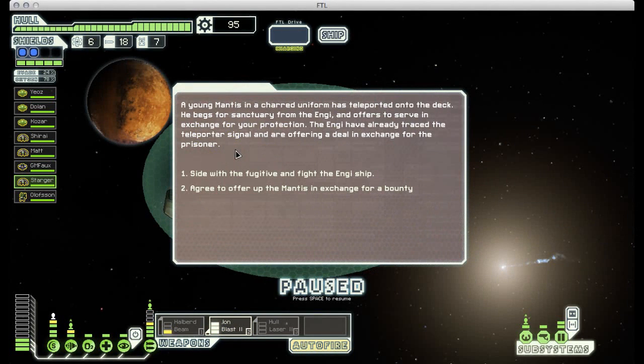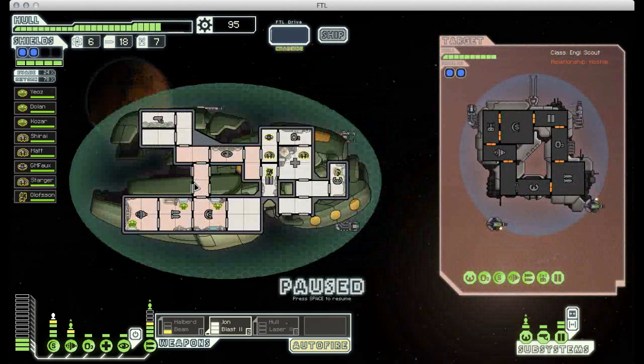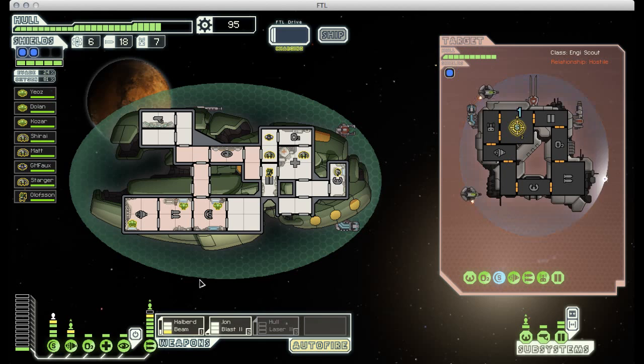We find an intruder on deck. This is that encounter we came across before, where we can either side with the friendly Mantis or offer him up, and he may not actually be friendly, but I would love to have another Mantis on my crew, so let's give it a shot. Nope, turns out he was a spy. He sabotaged our ship and then jumped away. So we took a little bit of damage, and now we have to fight this Engi ship. Not the worst outcome. It would have been worse if he had killed one of our crew, but...